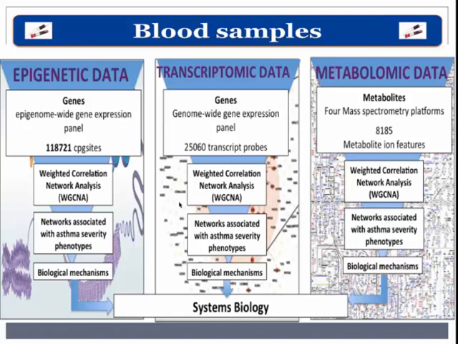Okay, so the next group of multi-omics I'm going to show you is work that we have done in the context of something called systems biology, which is an approach where we take a lot of omics data together and generate networks or groups of omics and try to use these networks of omics to describe a disease. So for example, we could generate a network of epigenetics and then apply those networks and see where in that network certain CpG sites are associated with asthma.